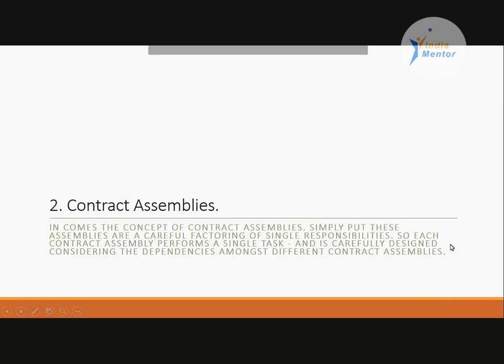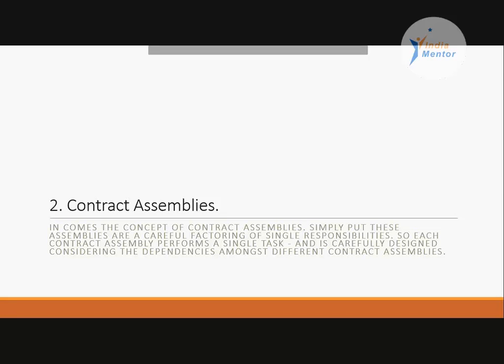The idea is that you do not want to pick out a big namespace and have a lot of code in there which you would not be using. The team at Microsoft worked very carefully to trim it down to single task responsibilities, at the same time taking care that each of the contract assemblies was very well defined in terms of its dependencies.